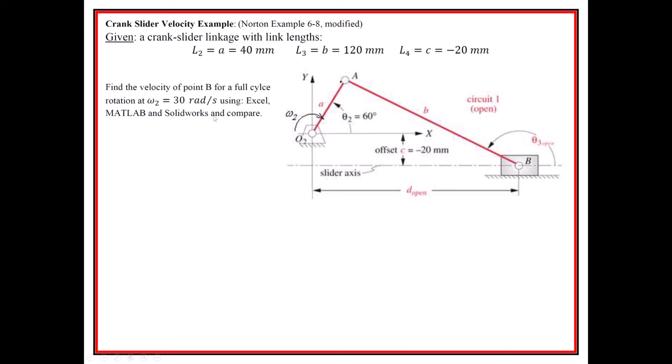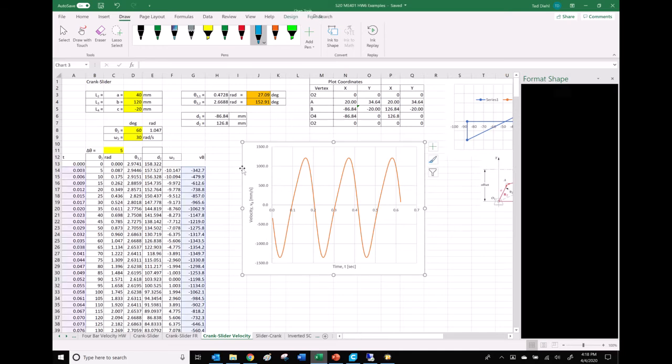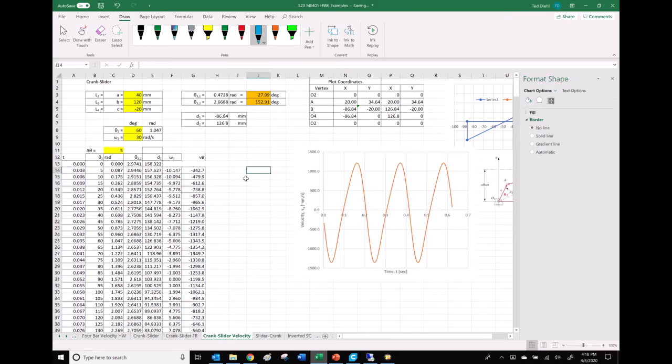And I think I decided also to do it in the positive direction, even though they're showing it in the clockwise direction. Counterclockwise is just going to be easier for us to do for a full rotation. So previously I had done this in Excel, and we got to this stage. What I should have done, now that I think back at it, would have been good if I had,